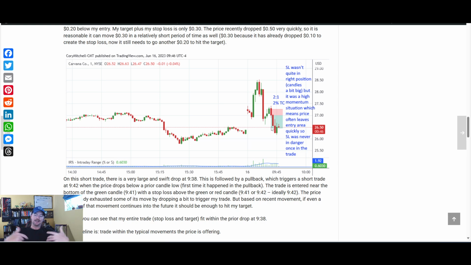So now what I have to look at, before I can even consider a trade, is I want to measure out how big was this drop. Because now when this does pull back, let's say I'm considering this trade, you can see I put a stop loss here. As that candle's formed, for each one of these candles that form, I can measure it out, and actually I have an indicator down here which says what the size of the candle is. And I can measure that out and say, okay, so my stop loss needs to be 50 cents or 25 cents or 30 cents. If I want to get a positive risk reward,